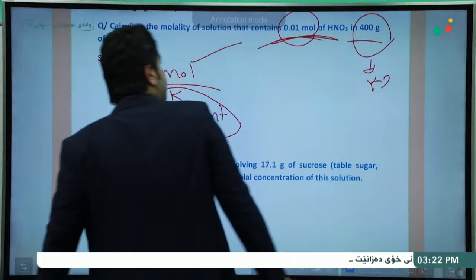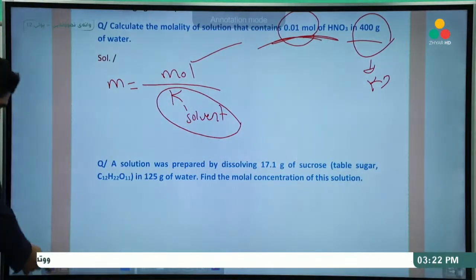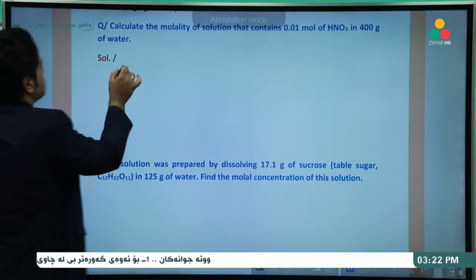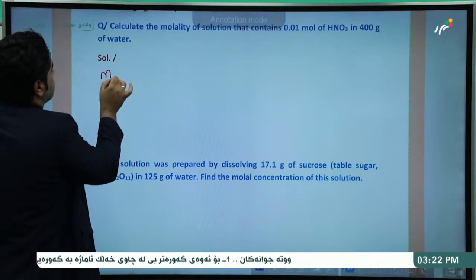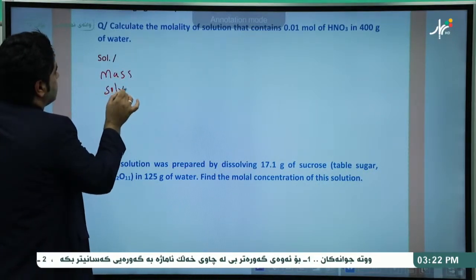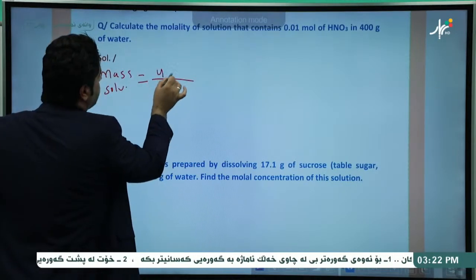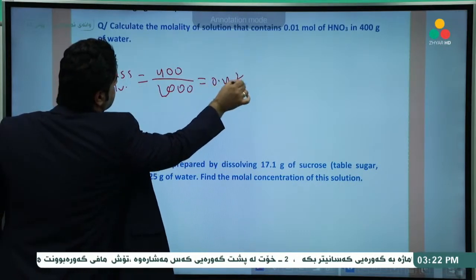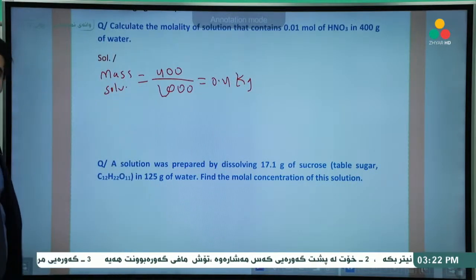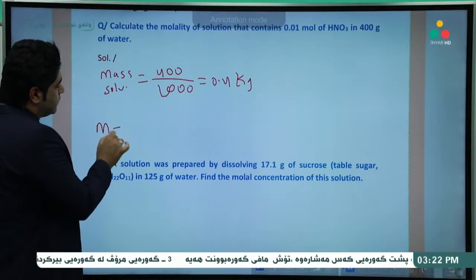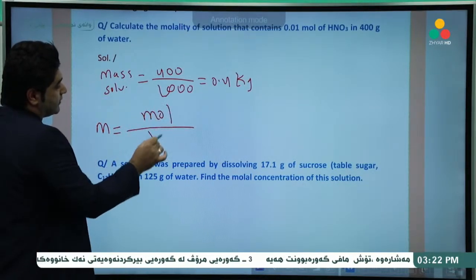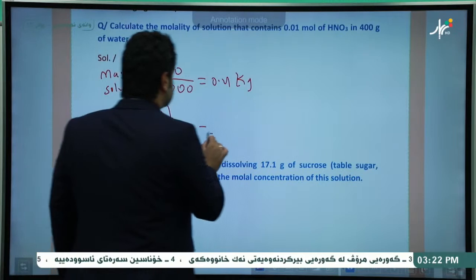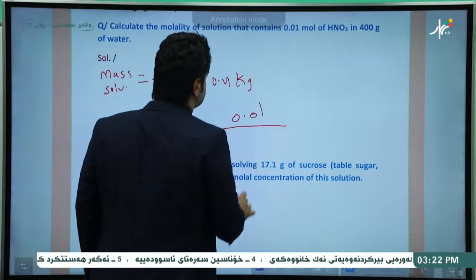How can we convert 400 grams into kilogram? It's very easy. Just divide it by 1,000. We can turn this 400 gram into kilogram. So mass of the solvent is equal to 400 divided by 1,000, which is equal to 0.4 kilogram. Now immediately we can find out the value of the molality. Molality is equal to mole of solute per kilogram of the solvent, and is equal to 0.01 divided by